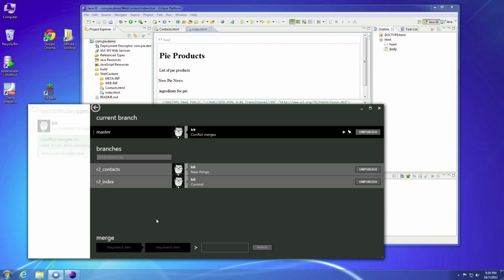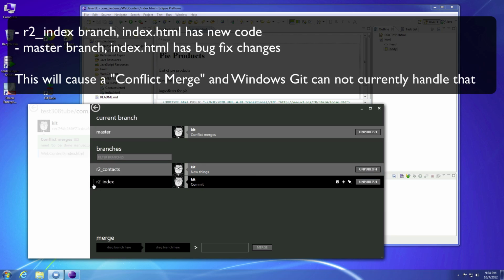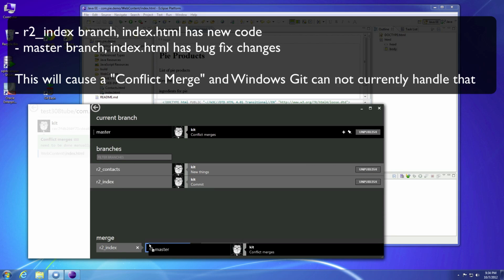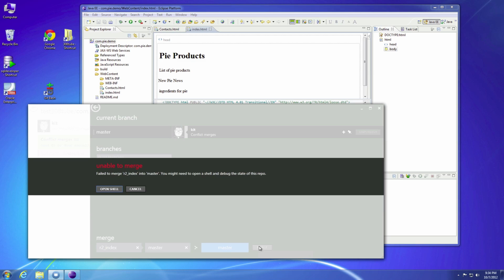Now, in order to do the other branch, remember we were modifying the index.html in our r2_index, and in master we also did a bug fix in index.html. So when we try to merge these two together, we're going to do index this time, and then we're going to do master. What's going to happen is when you try to merge those two together, you're going to get an error, and it's going to ask you to go resolve it in the Git Bash